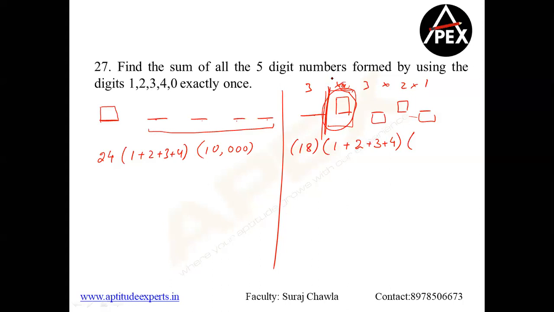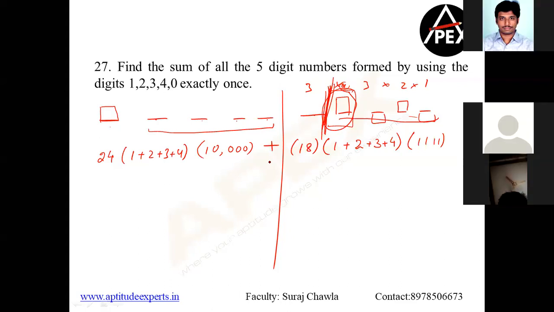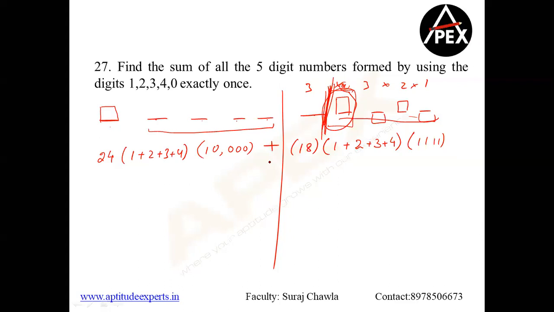Now this into, now forget this because I'm calculating from here, no? So first place is already gone. So you are calculating for the remaining places. So it's going to be 1, 1, 1, 1. This is going to be our answer. Clear, guys? So what is that we are getting? We are getting 24 into 10 into 10,000. Guys, in these kind of questions, repetitions won't be asked. Do not worry about it.